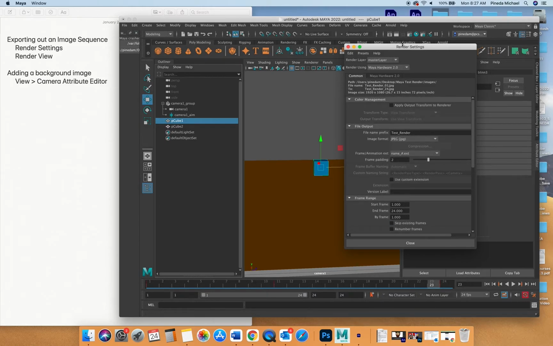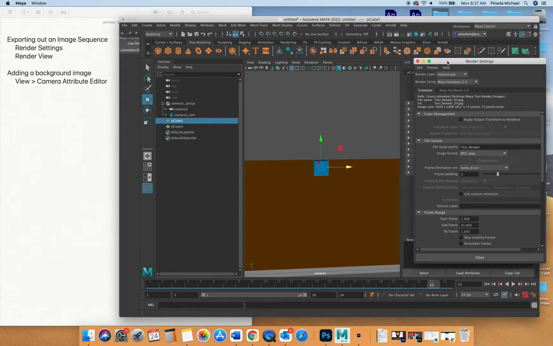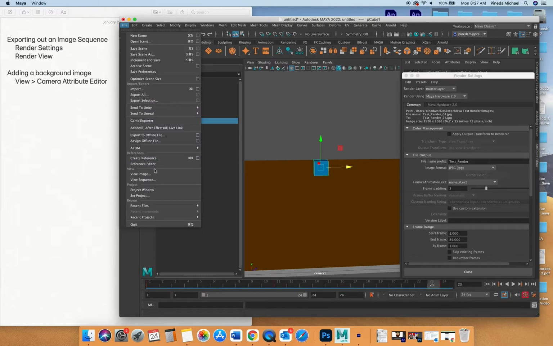Okay, so now that I have all of this set, I need to do something that's very, very important. I need to make sure that we're saving this to the right location, because right now we're saving to desktop Maya test render images. If yours is saving out to the right spot, that's perfectly fine. But if yours says like documents or Adobe something or wherever, just come down here and we're going to go to